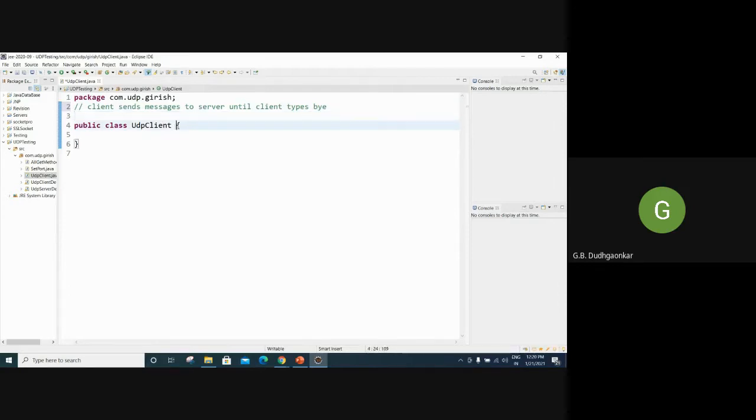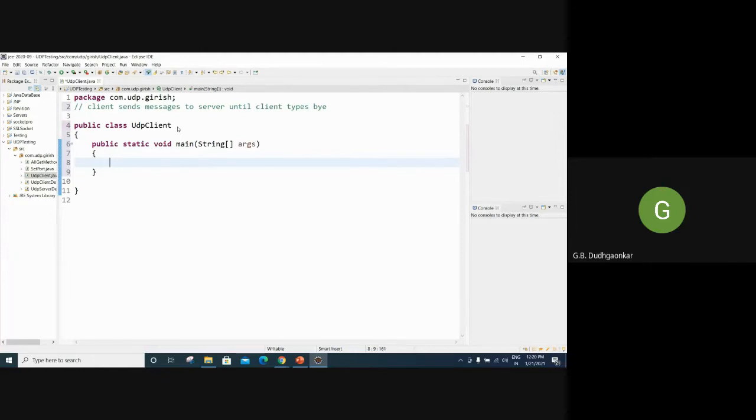So under that, we have to create public static void main. All of you carefully as usual. Okay, if an exception comes, I will take it later on.